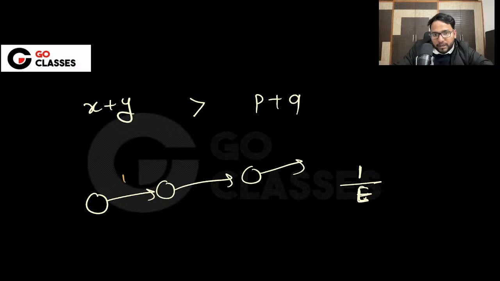you are adding 1 upon e. In this also you are adding 1 upon e. In this also you are adding 1 upon e. Everywhere you are just adding 1 upon e, let's suppose. Then earlier, whatever it was, at most in any path you can add e, or maybe strictly lesser than e, because any path will have at most e minus 1 edges, or maybe n minus 1 edges, basically,